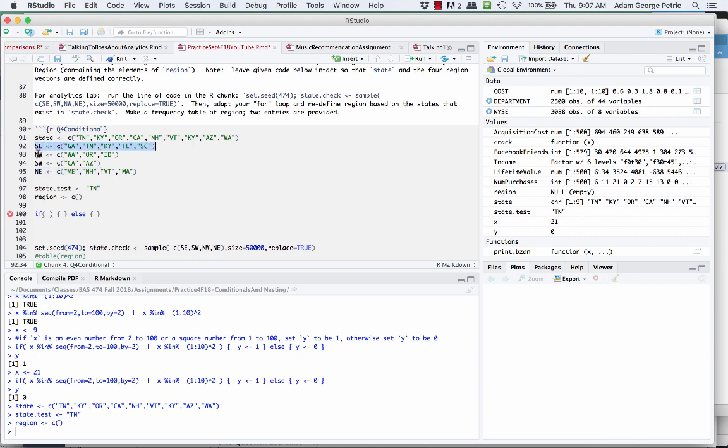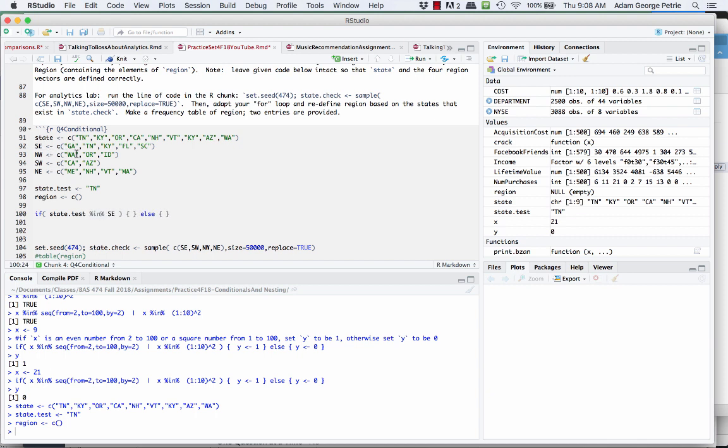It's in the southeast. Does it exist in the NW vector? Nope. The SW vector? Nope, etc. So my logical condition is checking to see if my state code here is inside the SE vector or the NW vector, etc. So the way that we can write that is, all right, well, if state.test is inside, %in%,